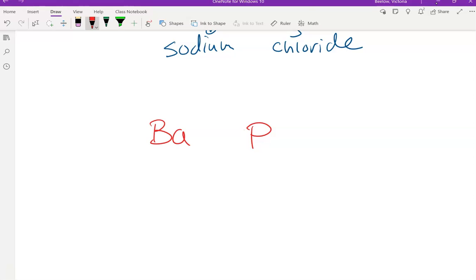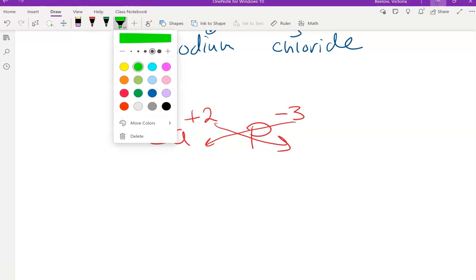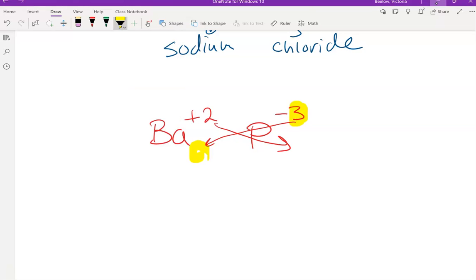For writing the formula, Ba has a charge of +2 and P has a charge of -3. Again, I do the crisscross method as a shortcut. So this 3 is going to go here and becomes the new subscript for the Ba, while the 2 here becomes the new subscript for the P over here. So this would be written as